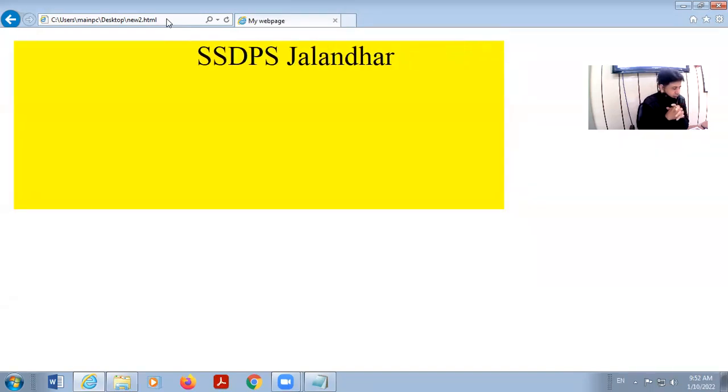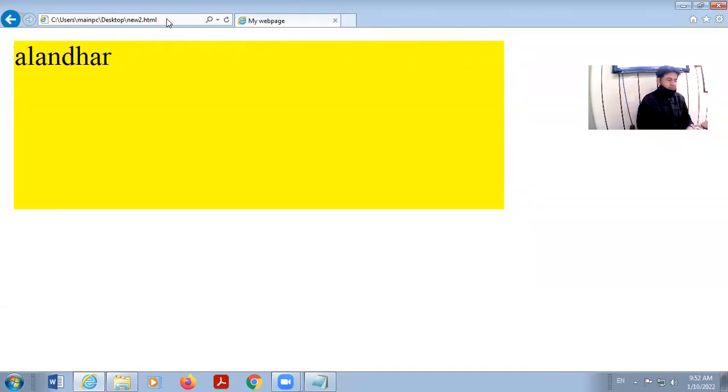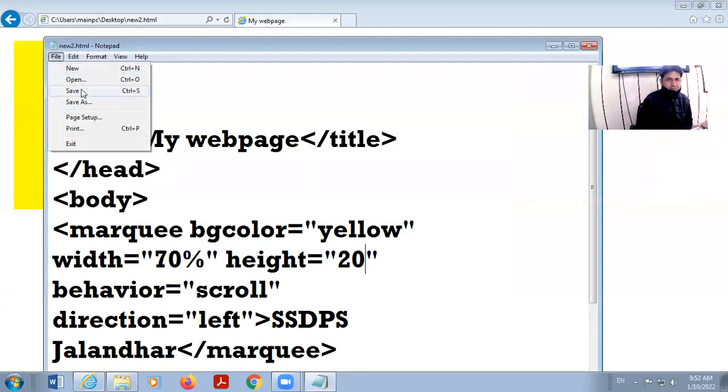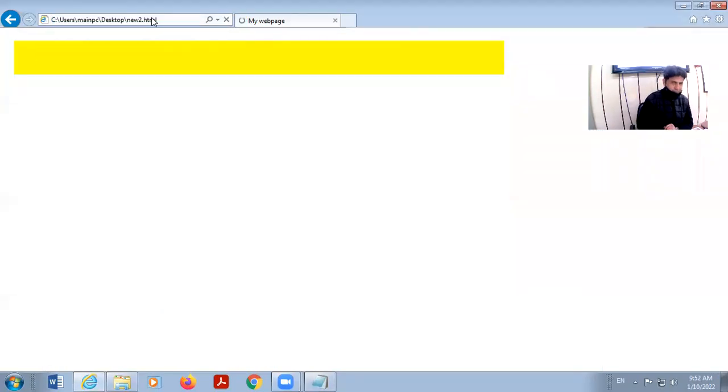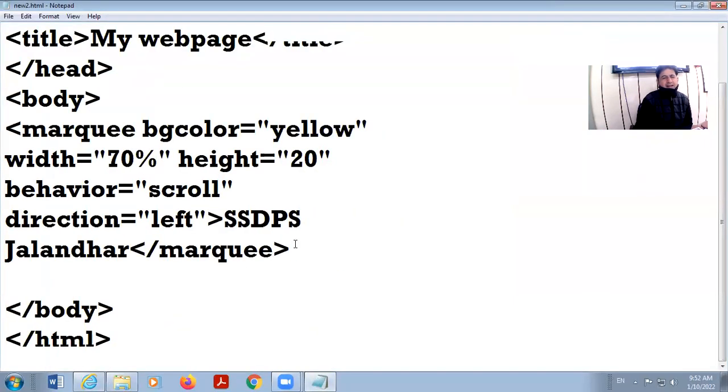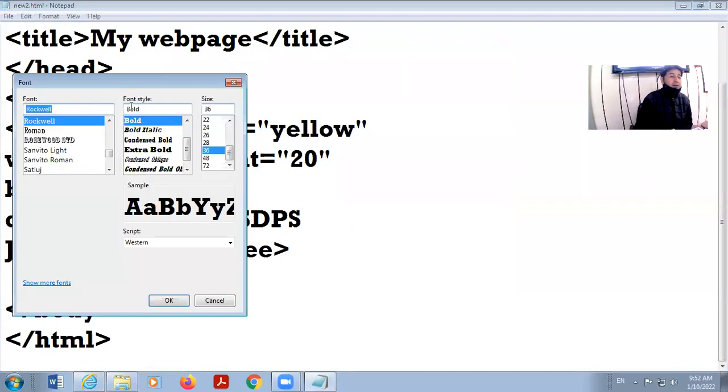Now, next is a very important topic. So I am reducing its height. I'm taking it as 20. Now, the best way of presenting the data is to present the data in an organized way.